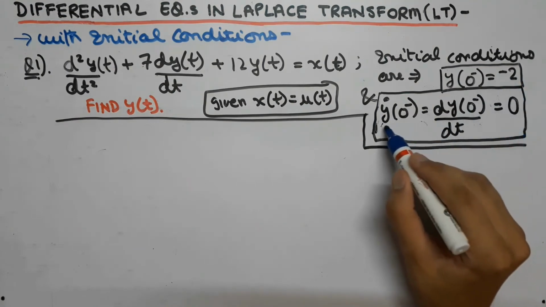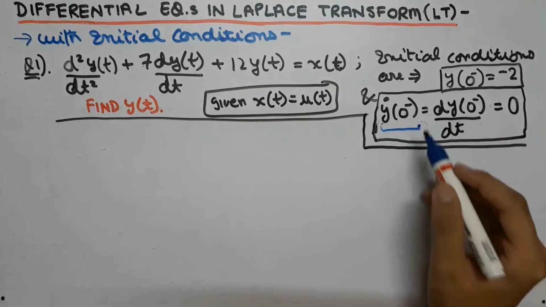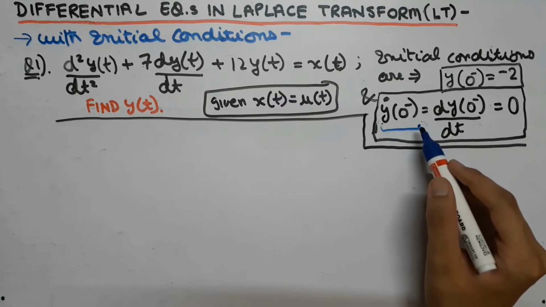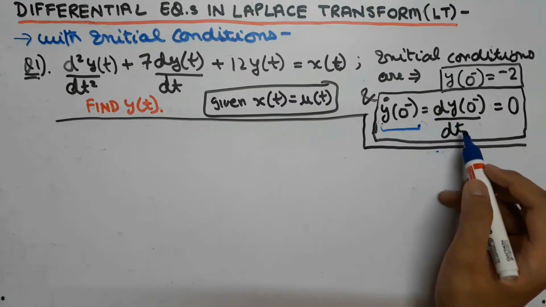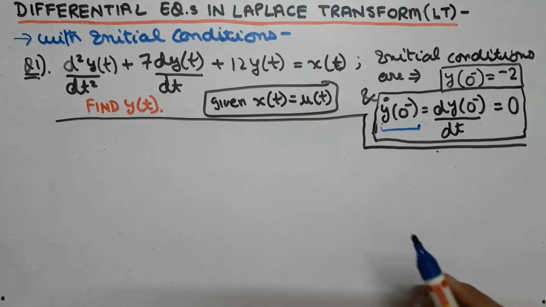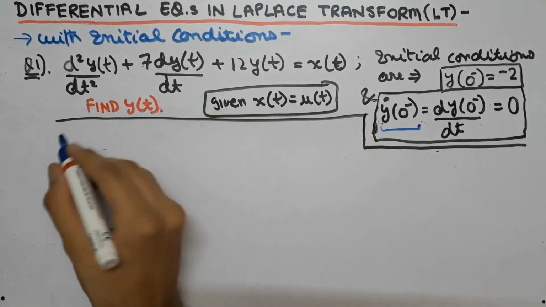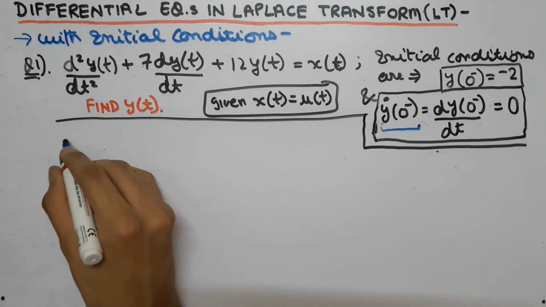And furthermore, you should also know that y dot 0 can also be written as dy by dt at 0. And similarly, we can write y double dot 0 as d square y by dt square at 0. So now we are going to solve this equation using the corresponding formulas, as we know that the initial conditions are given. So first of all, we will write this in the form of a Laplace transform equation, that is